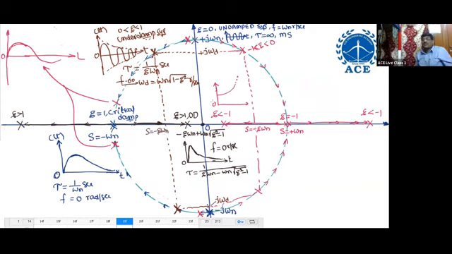What is the final conclusion? If the poles lie in the right, the system is always unstable. That means negative zeta is unstable. The poles which lie in the left are always stable. Left hand side is always stable, right hand side is always unstable. So this is the